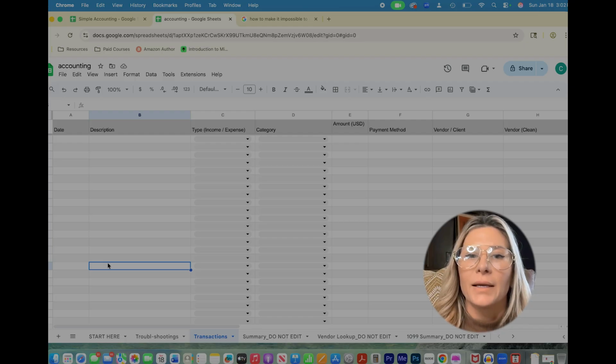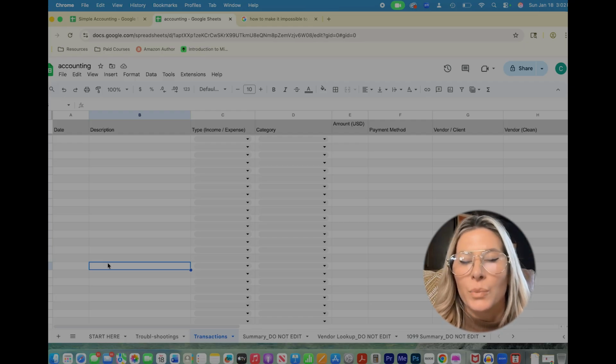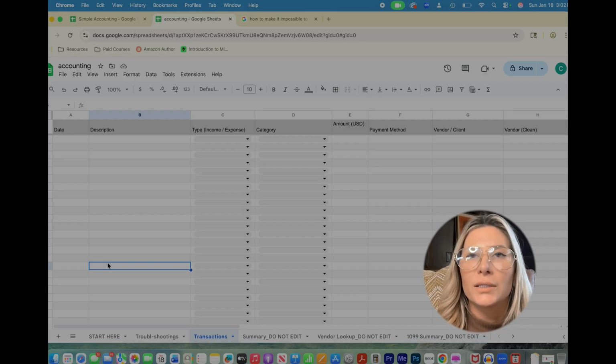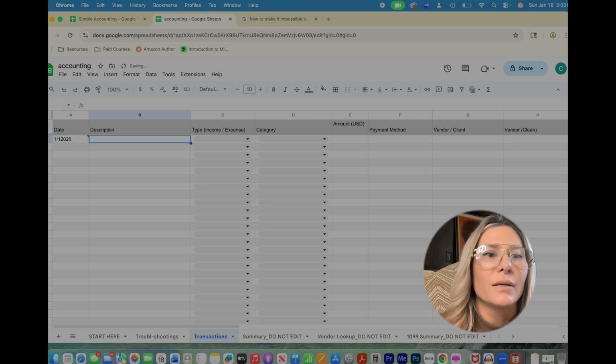Just dedicate time that you would be binge watching one of your favorite shows and just spend a little bit of time entering the transactions. You don't need to look at your receipts that you've been wadding up and throwing into a shoebox. Go ahead, just log into your bank accounts, your credit card accounts, and look at your statements from there. So you're looking at your statement. You see on the first of the year, January 1st, 2026, you had,